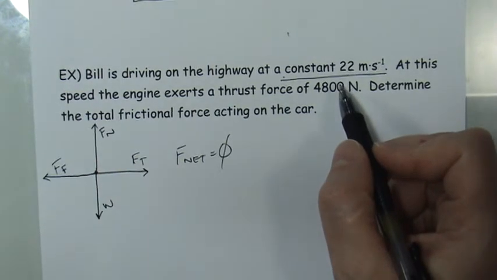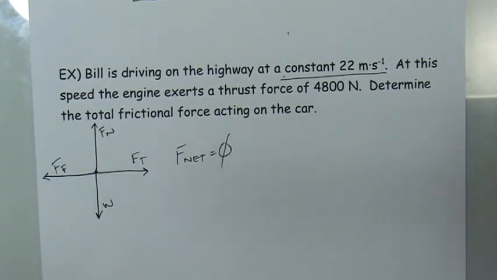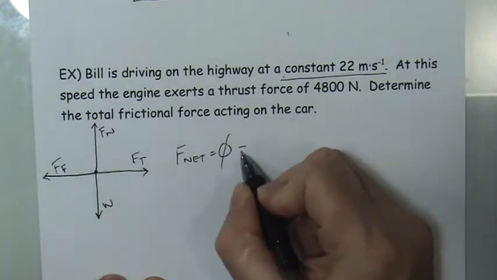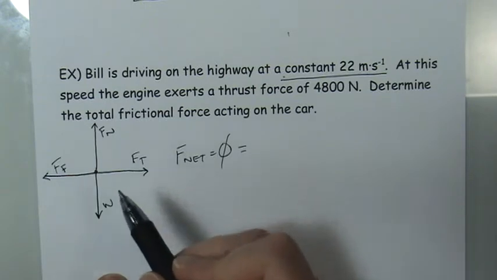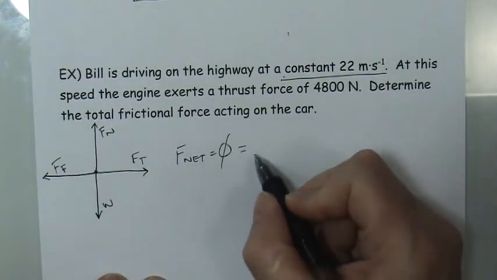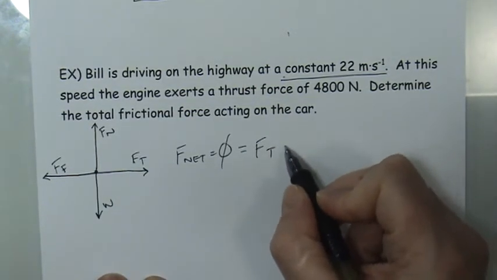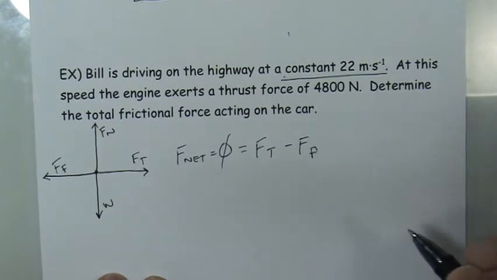That is something you must burn into your mind: when the velocity is constant, it is because all the forces add up to 0. Now, I'm going to name the forces. I'm going to start listing the forces out here on the right side, and I'm going to do the same thing: list the positive forces first, then the negative forces second. So there's a thrust force, and then there is a frictional force.